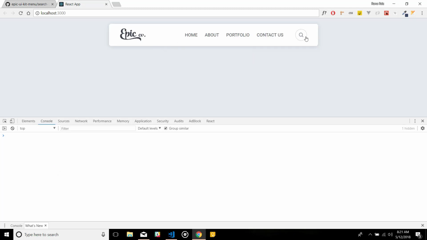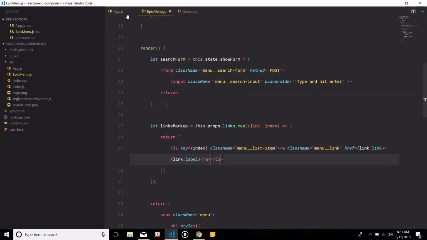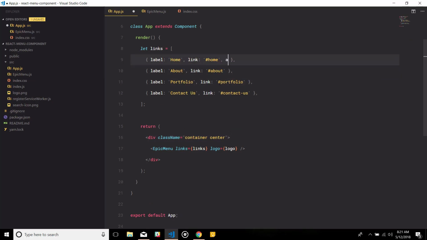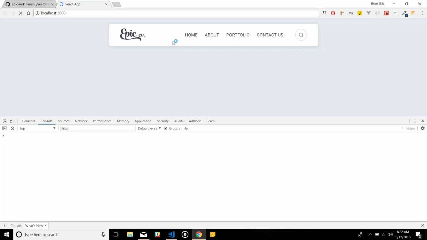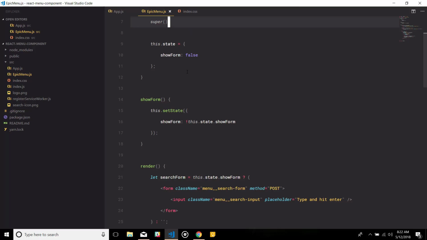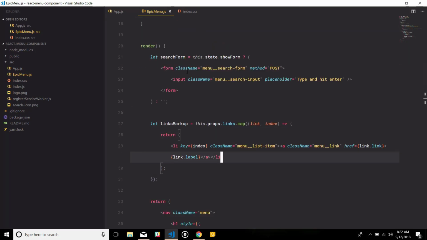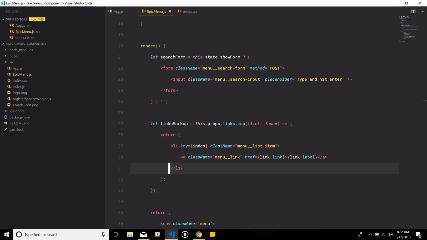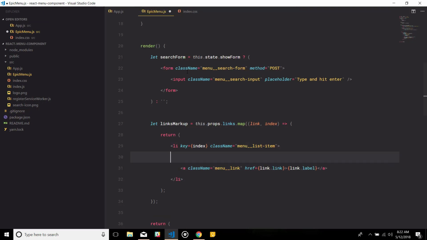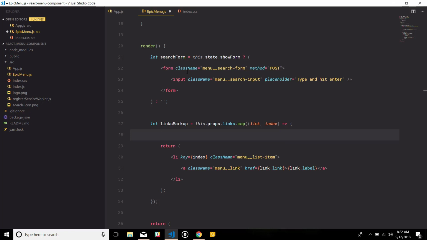Alright, so we pretty much have everything covered except for the active state of the link. We need to be able to provide something like this, active to true, and have it appear here. Well, let's take a look. In here, when we loop over the links, let's put the anchor tag on its own line. There are two types of links, one which is an active link and the other is the regular plain old link. So let's define